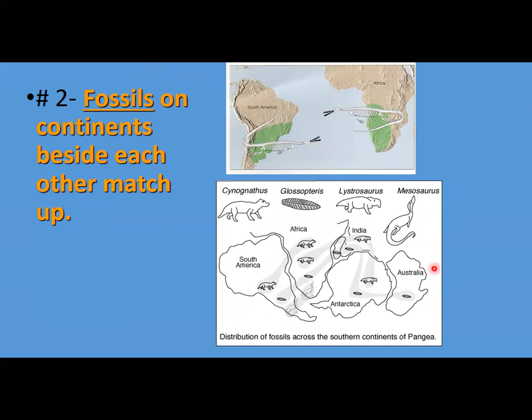This happens with a lot of different fossils, whether it be from South America and Africa or India, Antarctica, and Australia. So he continued to look for these patterns and continue to find evidence that, hey, these fossils are showing up in all these different continents separated by giant oceans. Well, that's not really plausible. So what's the best explanation for that? Well, they were at one point all together, and that's just where the dinosaurs existed. The fossils have been moved with the continents ever since.